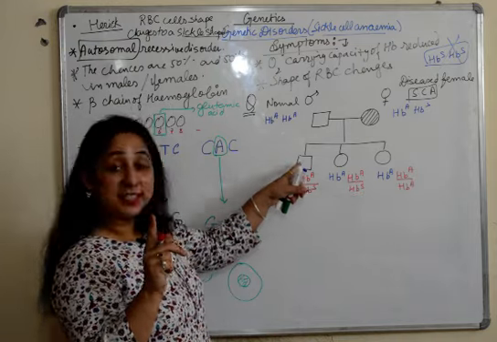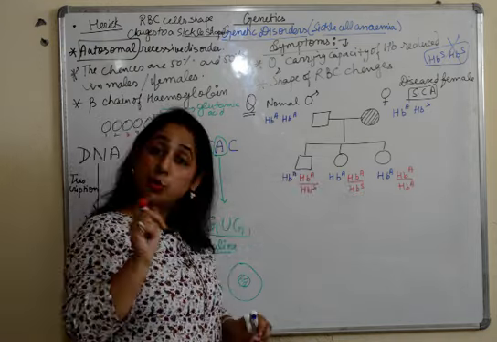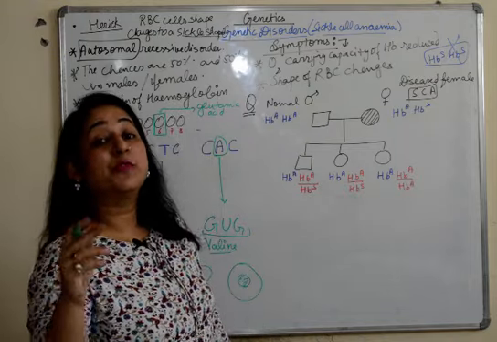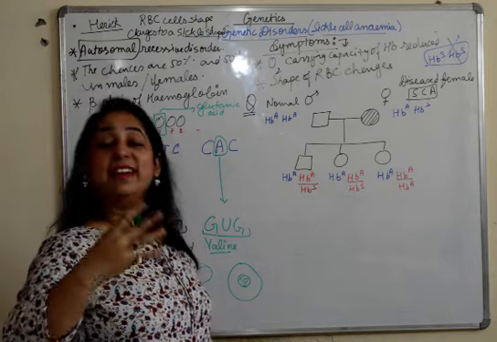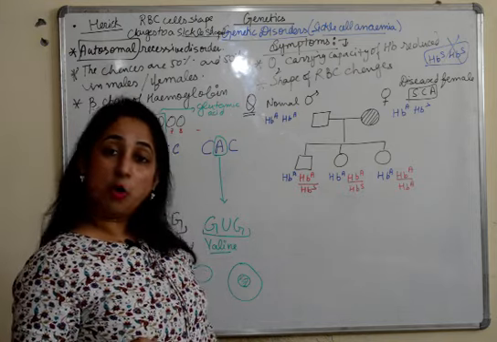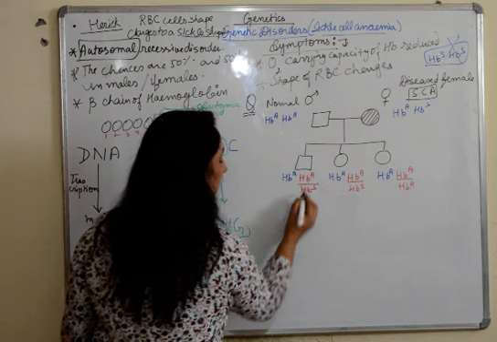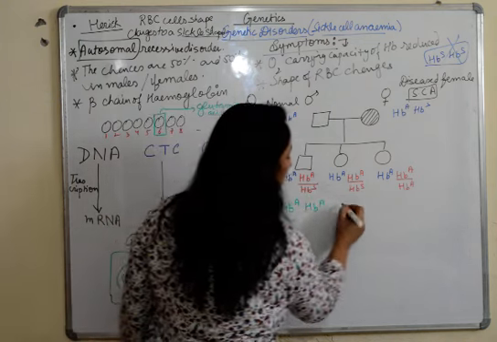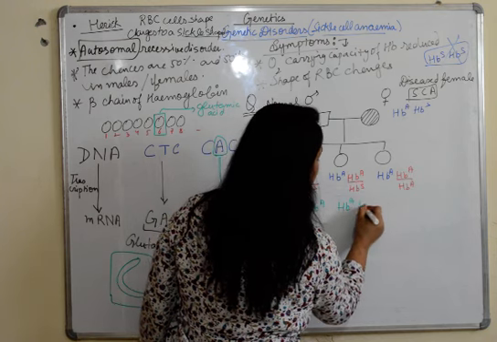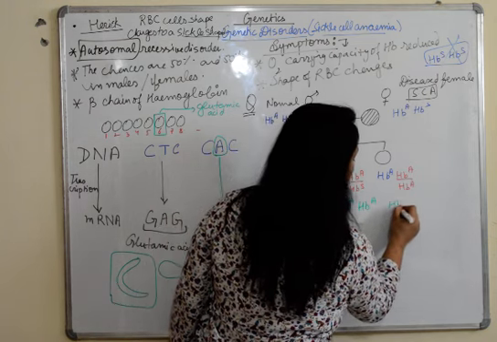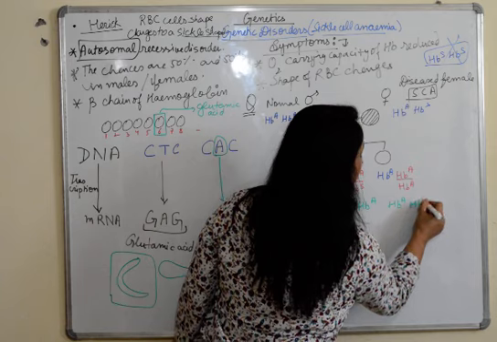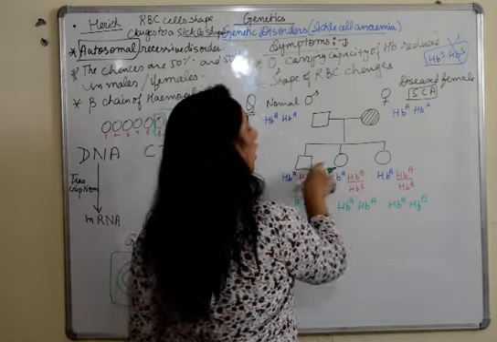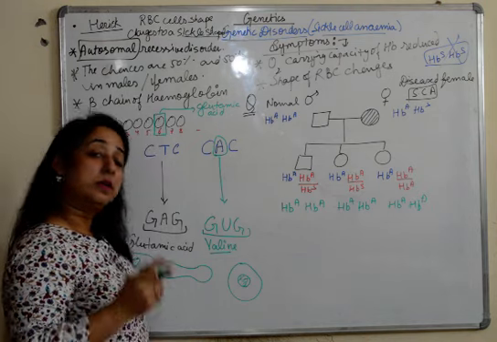Now our chart says that they are hollow. So what are the possibilities, if the question says find out the genotype of the individual, so what will be the genotype? Genotype for this male would be HbA, HbA. For this female, HbA, HbA. And here also HbA and HbA, because none of them has solid circle or square.